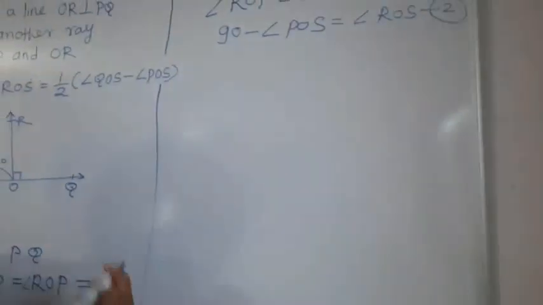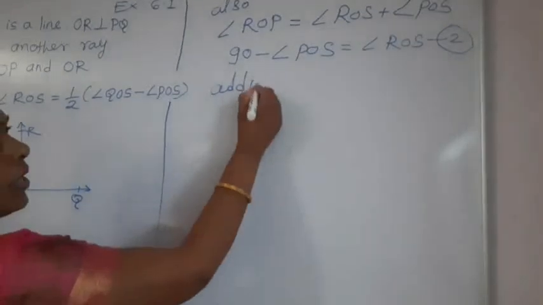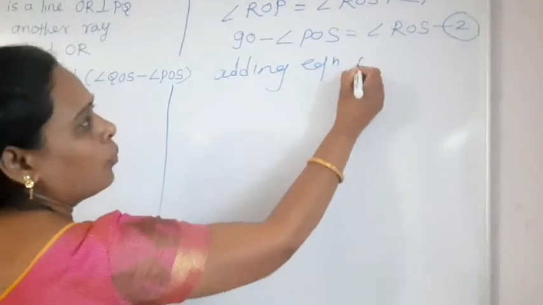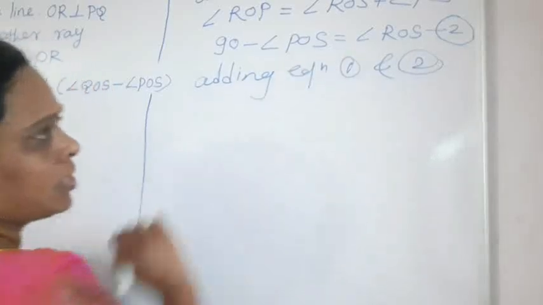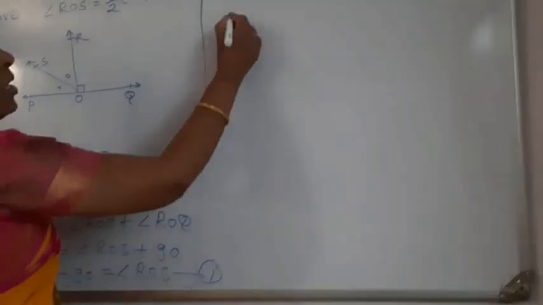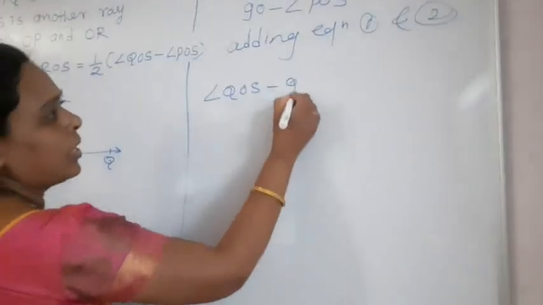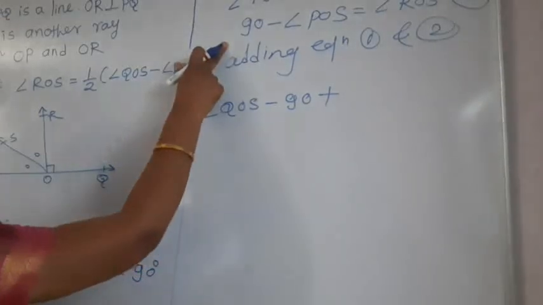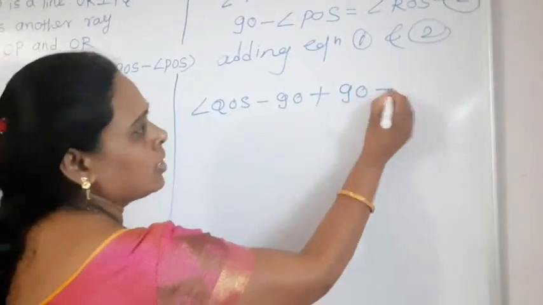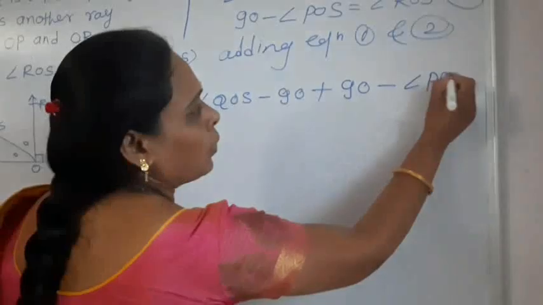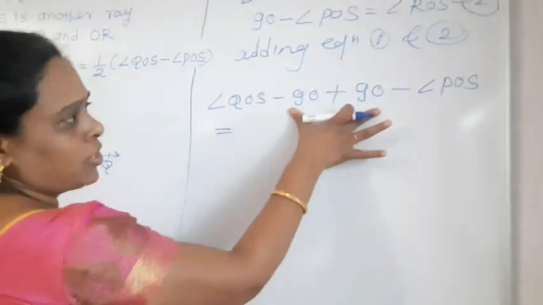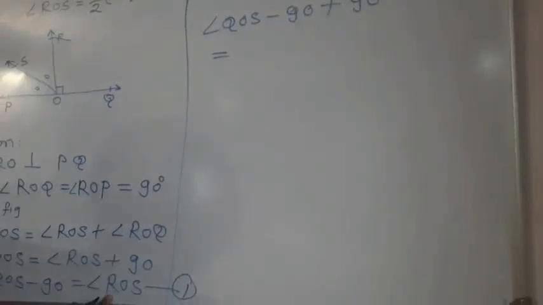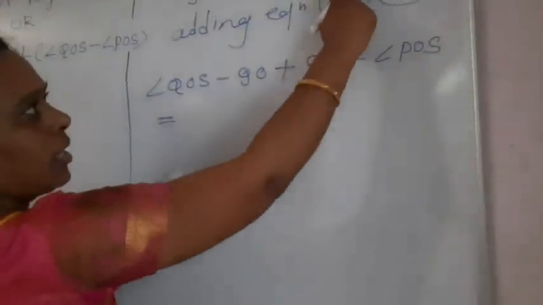Now equation 1 is for angle ROS. Equation 2 is also for angle ROS. Add both the equations. Adding equation 1 and 2. LHS with LHS, RHS with RHS. Consider this side first. Angle QOS minus 90 plus, from the second equation, the next same side LHS, 90 minus angle POS. This is the LHS of both equations. Now the RHS of both equations: angle ROS plus this angle ROS